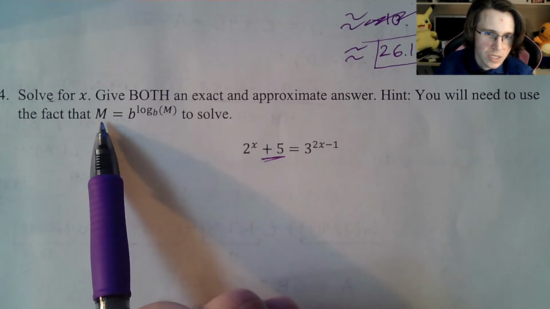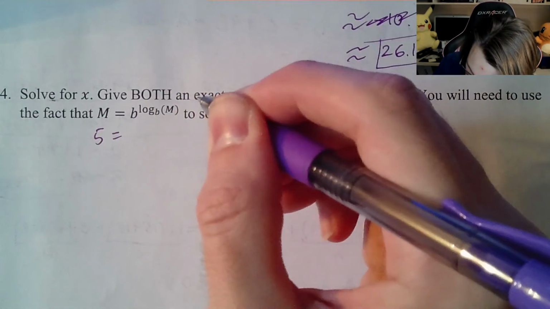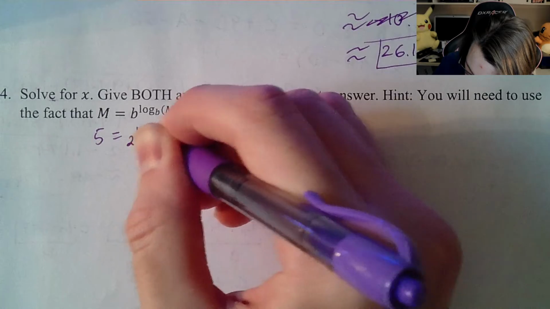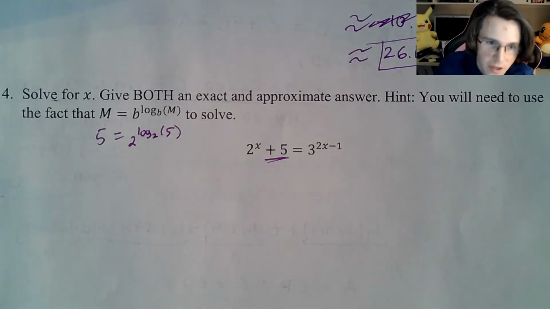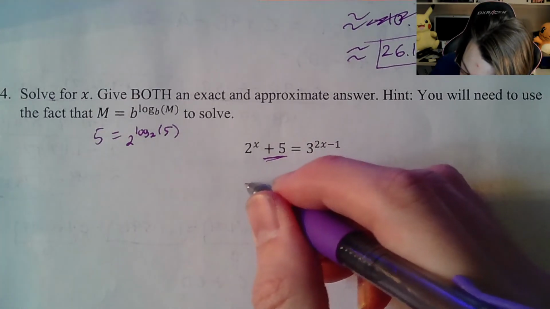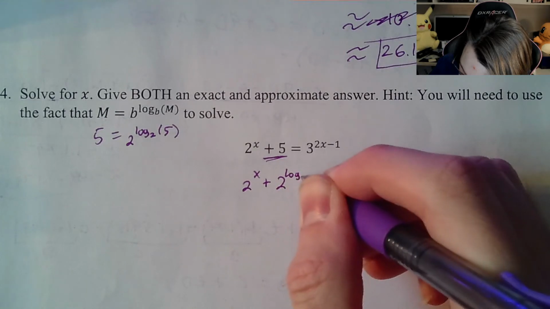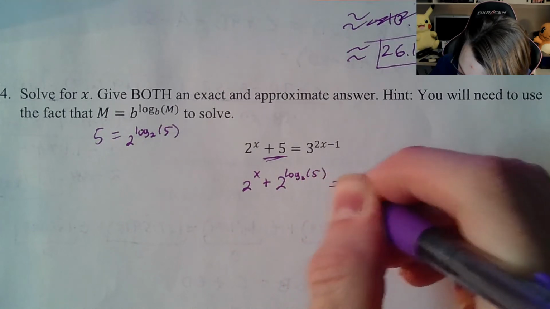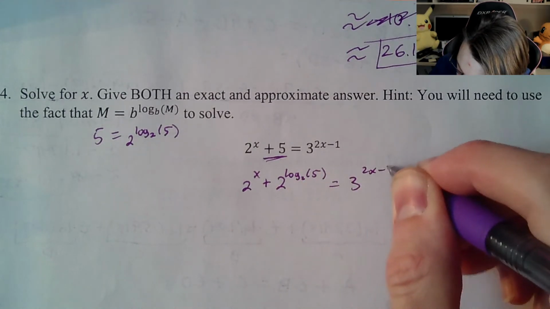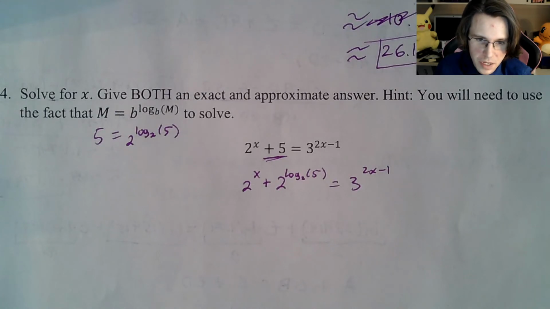So what you have to do is the idea is this m is 5. So what I'm saying is you have m to the 2 to the log base 2 of 5. That's what I was hoping that you were going to be able to write. And the reason why you can rewrite it like this just to start. Now we do have the same base for this question, but